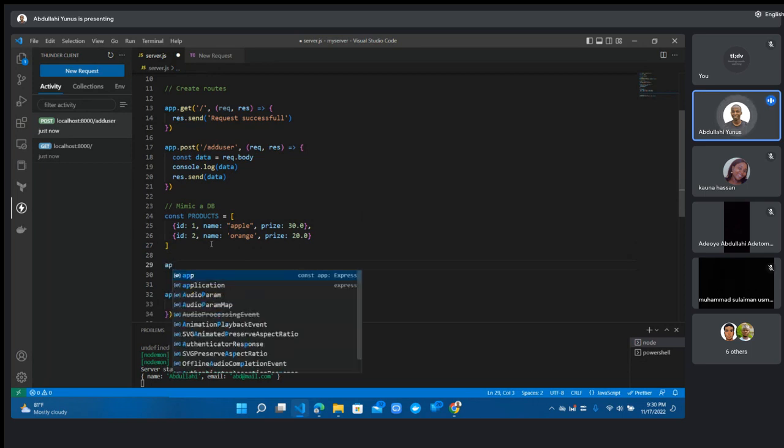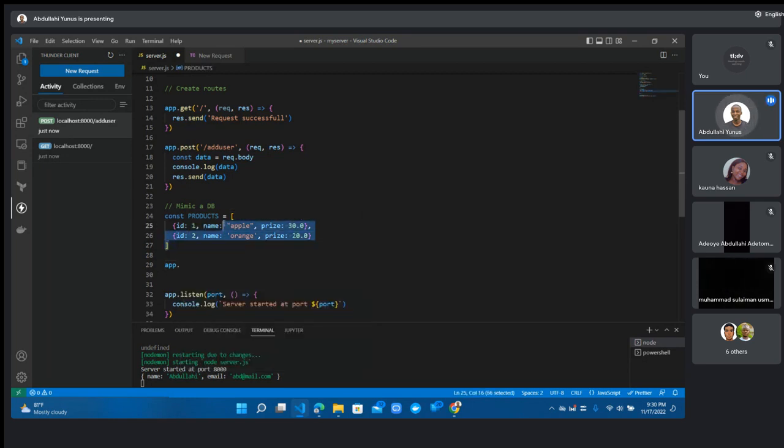The first thing you do is to call your app. Then, to get all the products at once, you will need to do a get request, which is the request method that you need when you are only getting information from the database. So we can say something like slash products,